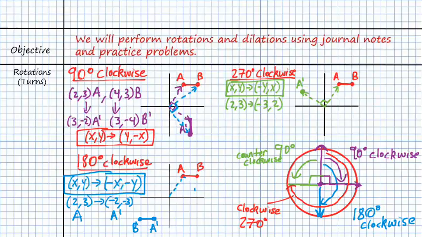So those are your principal rules for when you are doing a rotation. You have your 90 degrees clockwise, 180 degrees clockwise, or 270 degrees clockwise, which is just 90 degrees counterclockwise. Alright, finally we need to talk about a dilation, also known as a resize,